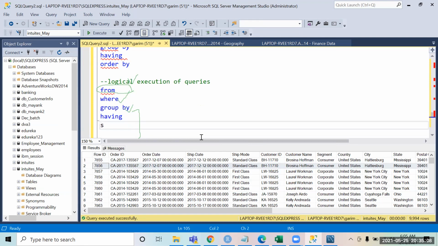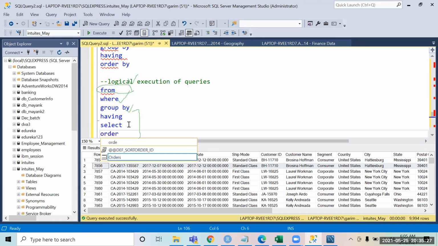Then SQL executes the SELECT command. It comes to the select part and asks which columns I need to keep. So you say, I want to keep region, category, subcategory, whatever columns. And then finally it executes ORDER BY: if you want the data sorted, it will sort it.